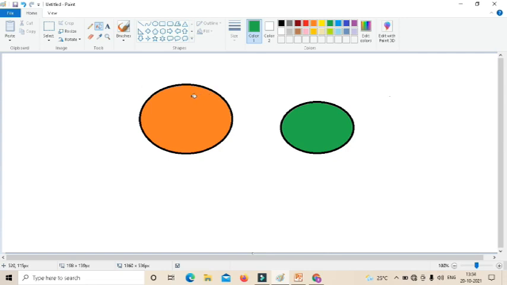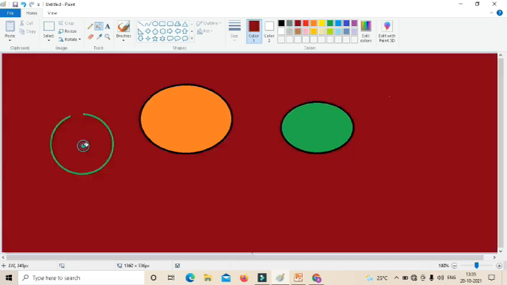So if the shape is not closed, what will happen? Let us check. So now this circle is here and I'm going to erase a small part. And then we apply the fill with color option. I click on the fill with color button and then choose a color. Then I keep the mouse pointer inside the shape and click. What happened? Yes, the color fills the entire screen. Why? Because this circle is not closed, so the color leaks.